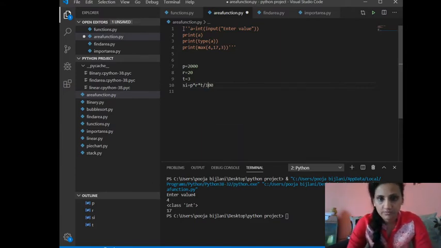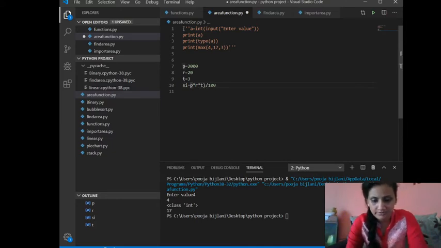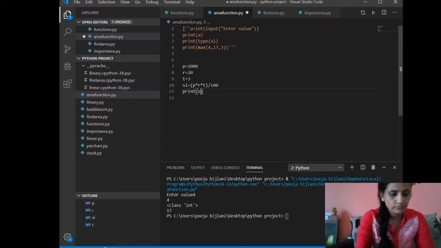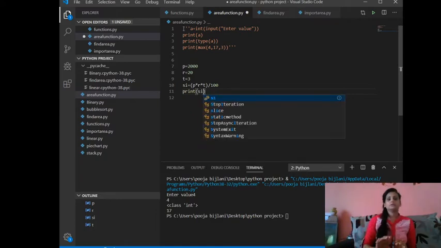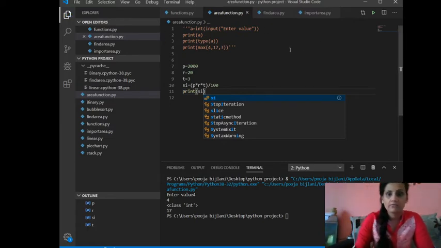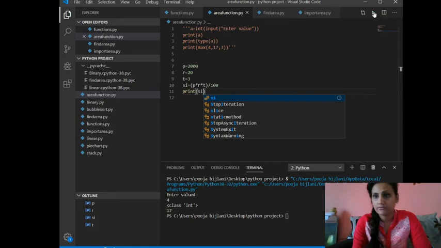Fine. Better to enclose it, which is actually the Bodmas rule here, not required, but better to use it like this. Fine, and I am printing the answer, that is my SI. This is an example without using a function if you are doing this program. Okay, so this is saved, and after save, now I will run.